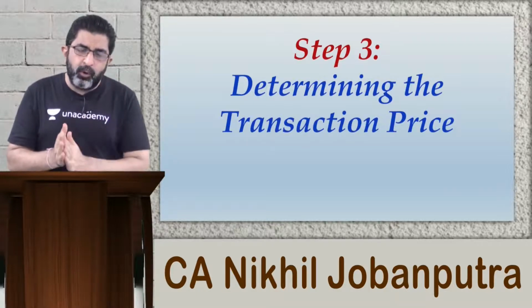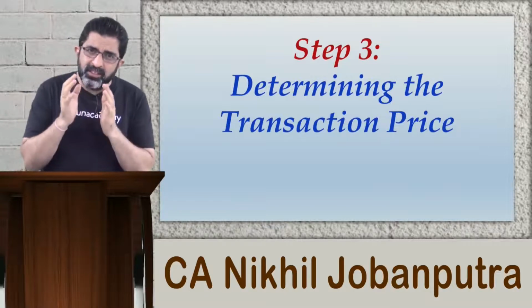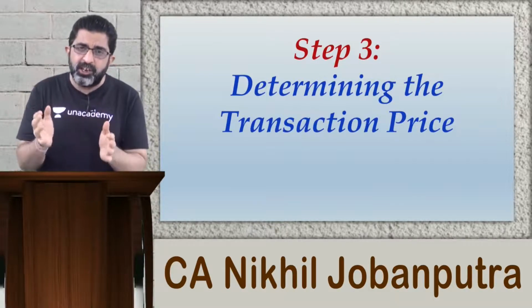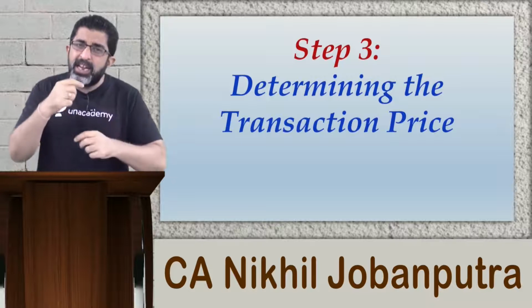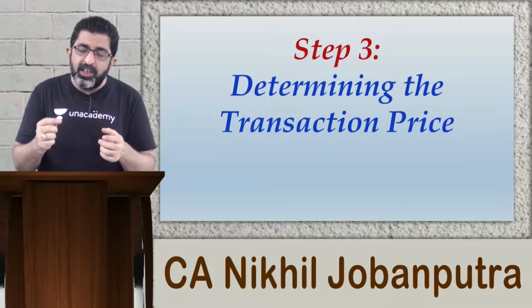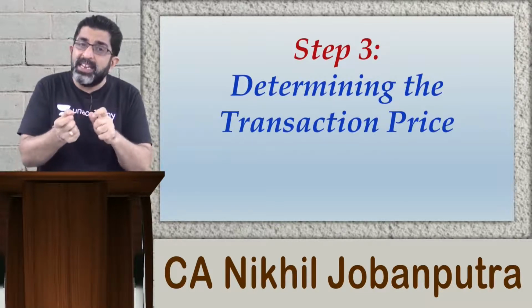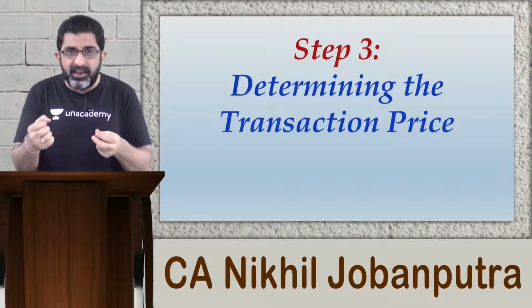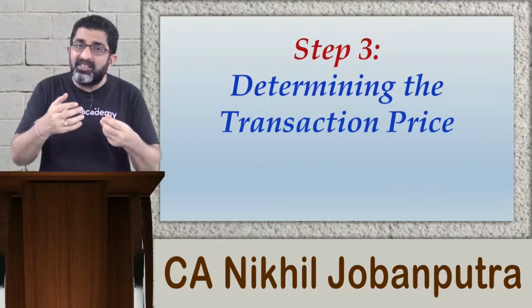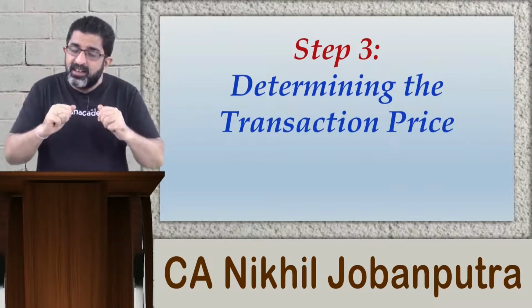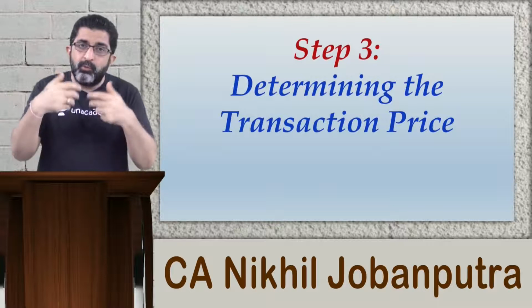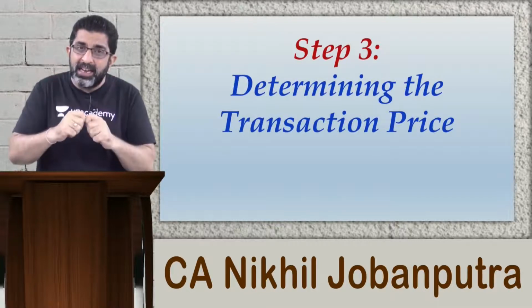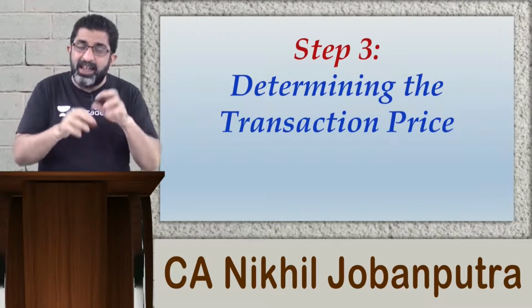One more point before we proceed ahead. When we talk about the amount of consideration, the transaction price will include various components. It may have element of variable consideration, it may have impact of some discounts or rebates, there may be some payments made by customer to the entity. You might be surprised why a customer will pay an amount to the entity over and above the transaction price,